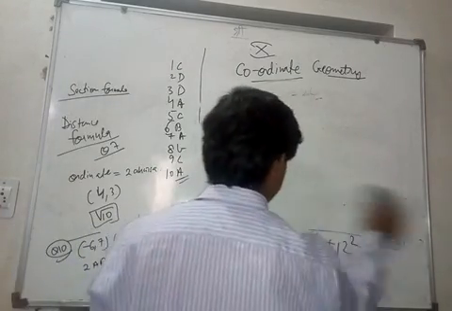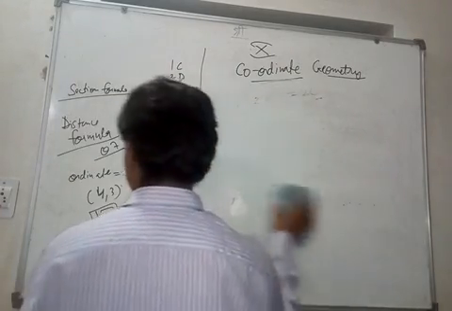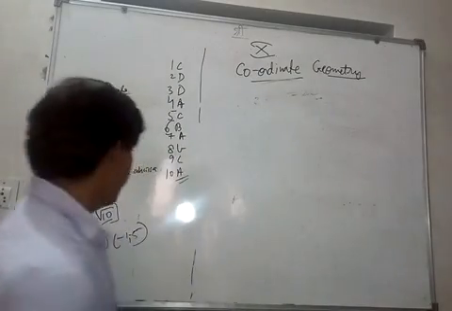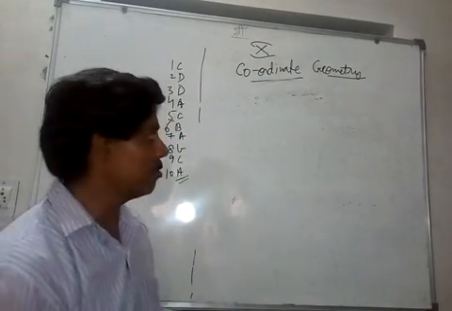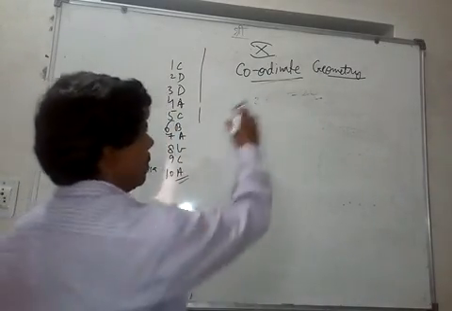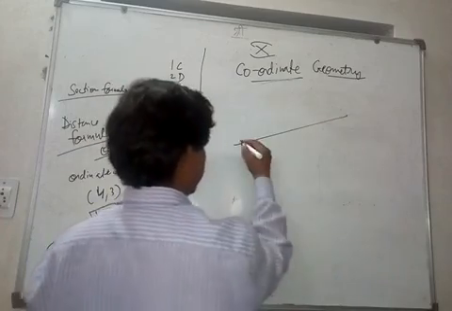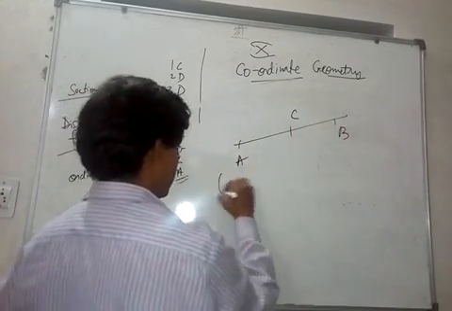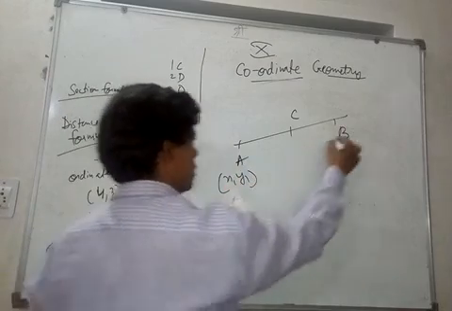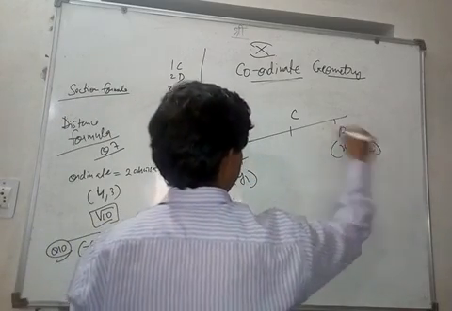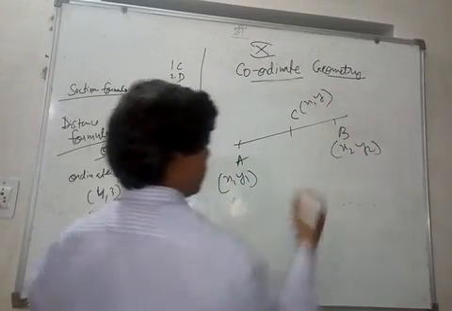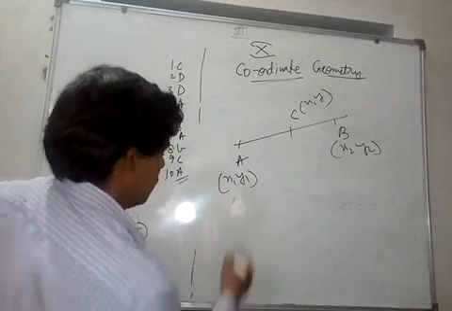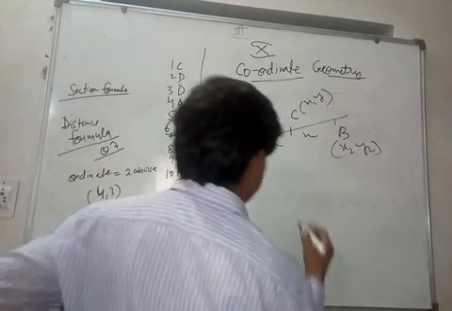Now you have to consider today's class. In today's class, we are doing the section formula. As you know, I will revise the section formula for you. So what is the section formula? Suppose we have point A and point B and there is a point C here. This is x1, y1, this is x2, y2, and this is x comma y. Suppose the ratio is m is to n.